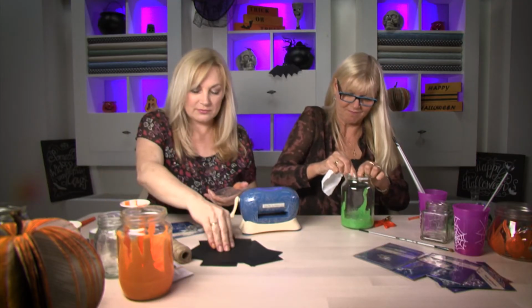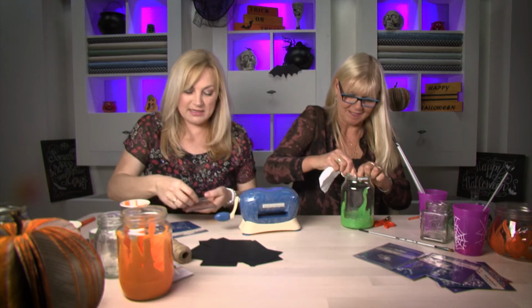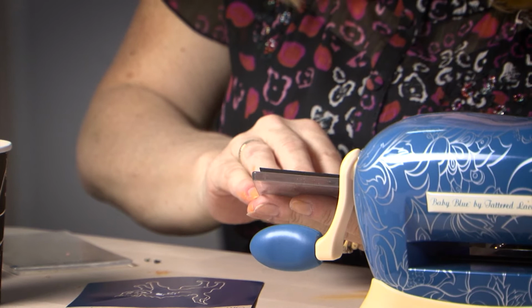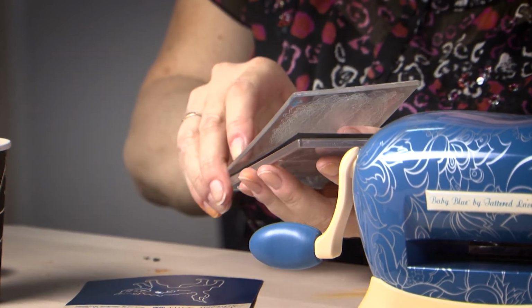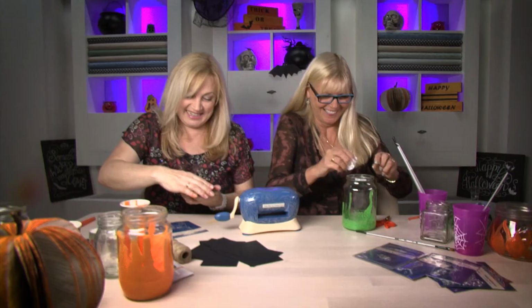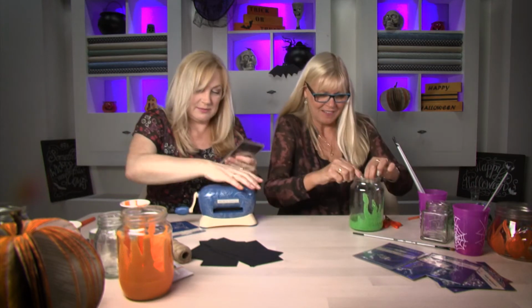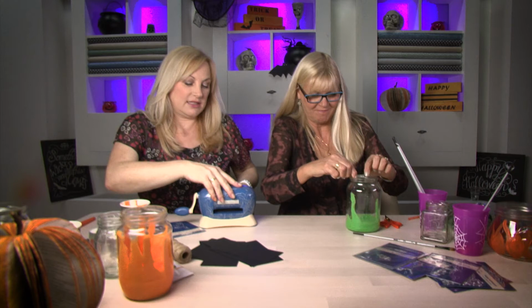Right, got to get this right. A. Base plate. Dye upwards. Yes. Paper on top. B. Sandwich. I've done it. Baby blue sandwich. Now, push this down, it'll stick to the...